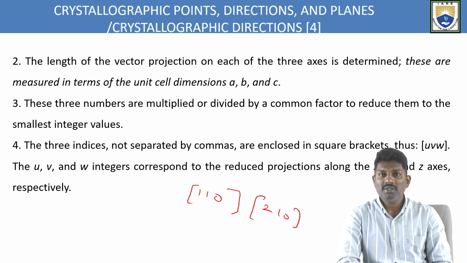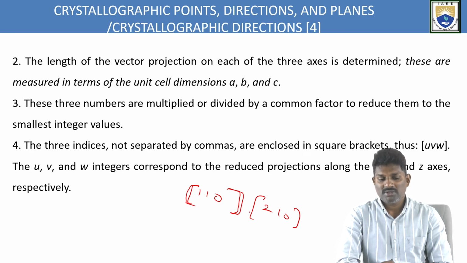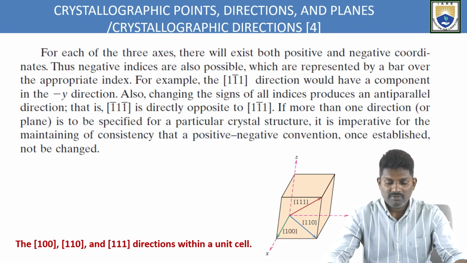And third point is what? You have to reduce the given value into small integers by multiplying or dividing with the common factor. And finally, the fourth point is what? You have to close the given values in closed brackets without giving any commas. So these are the four points you have to remember in specifying any given thing. Now, if you see this example,